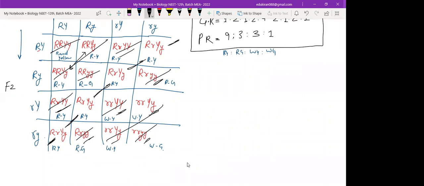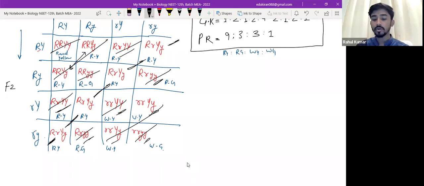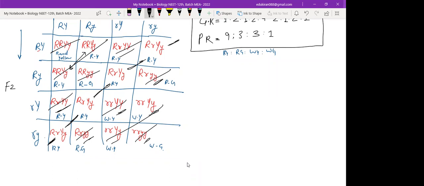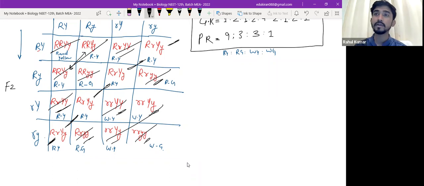Now, coming back to the law of independent assortment, write down what this law says. So everyone understood what we mean by dihybrid cross? Dihybrid cross is clear. Towards the end of the chapter, I will also teach you tri-hybrid cross, where 3 characters will be taken, just for entrance purposes, not for boards. But write down